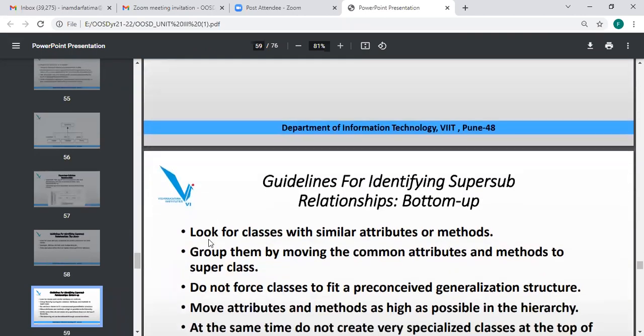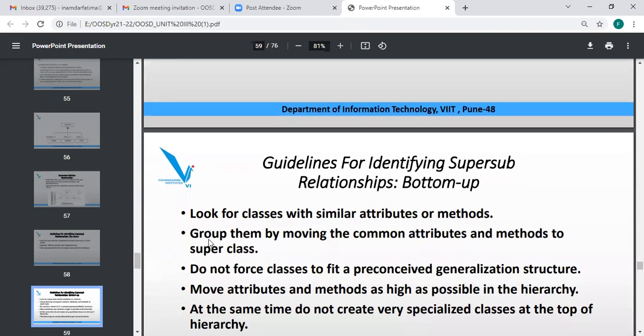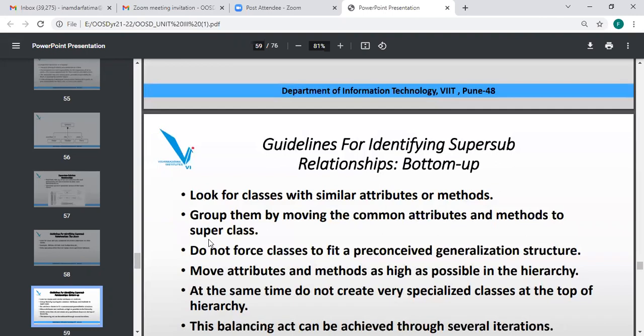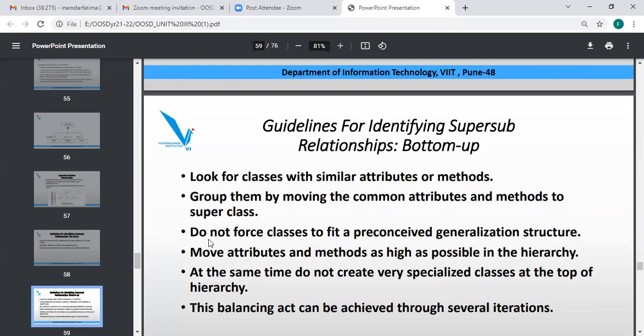Then there is another approach, the bottom-up. Here we consider classes with similar attributes and methods, and group them, taking the common attributes and methods as those of the superclass, from which the subclasses are derived.